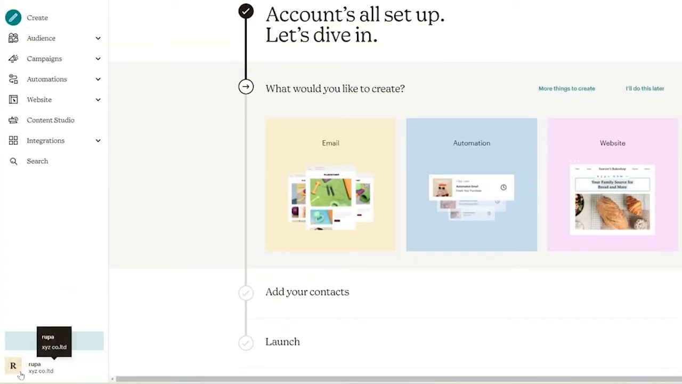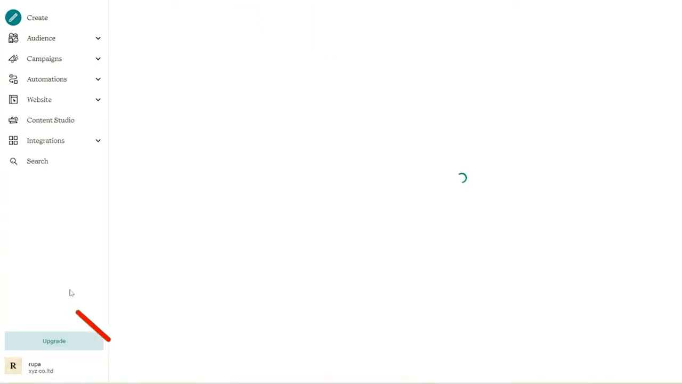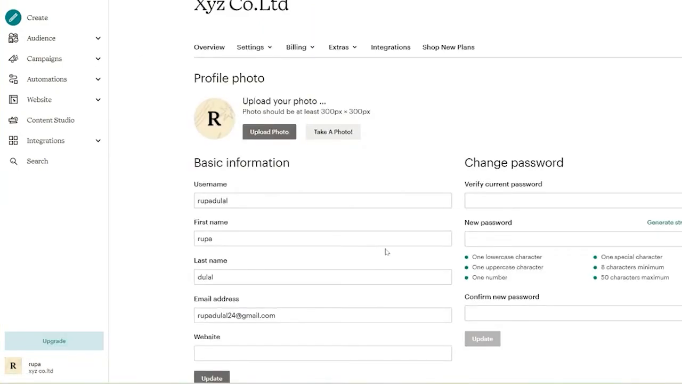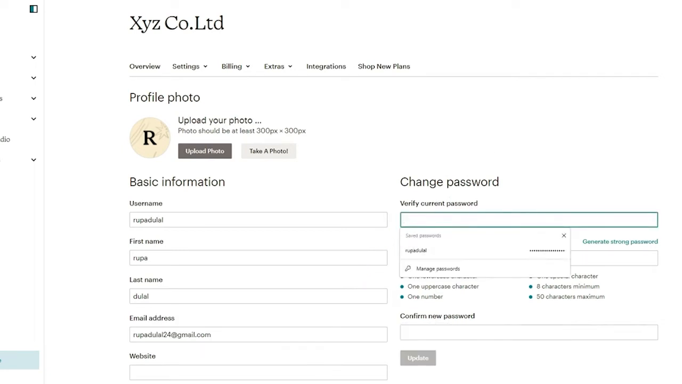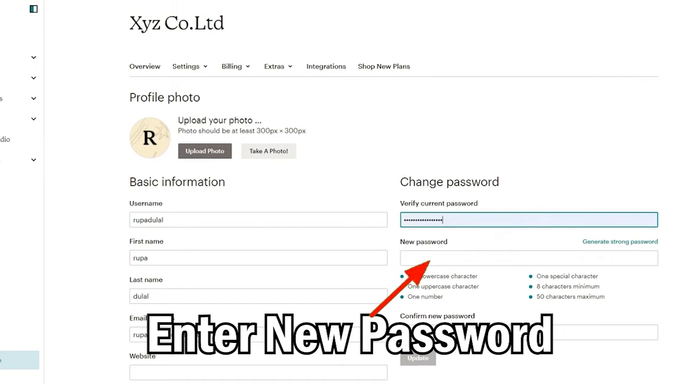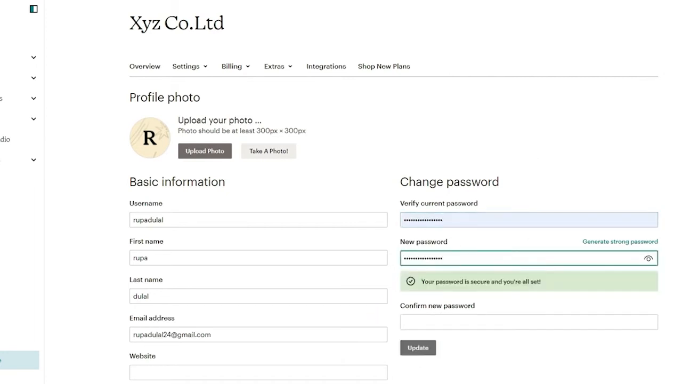Click on Profile from the expanded menu, and soon after you do that you'll be able to see an option that says Change Password. Verify your current password by typing it into the first text box. Now choose a new password that you would like to update to in the next field. Once you've entered the new password, go ahead and confirm it by typing it again in the